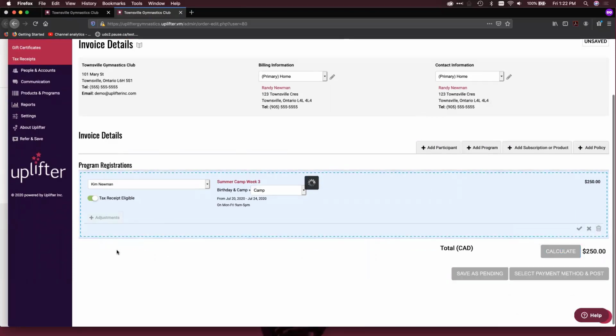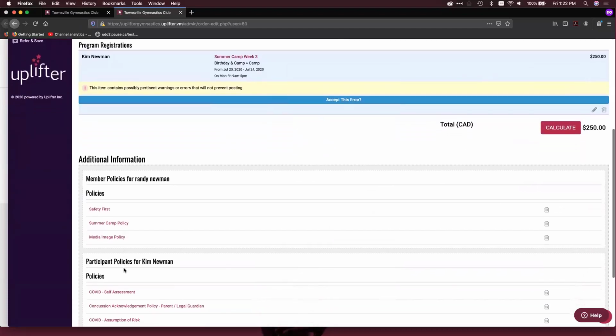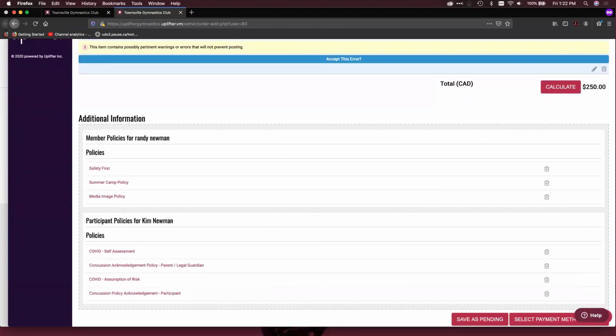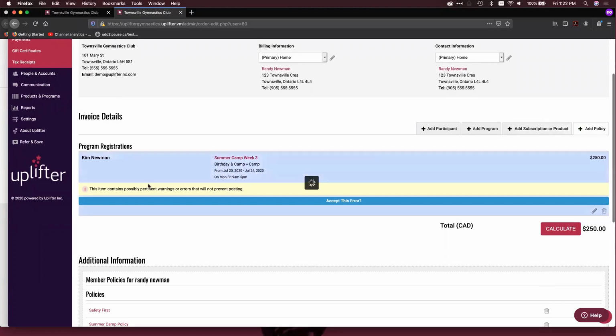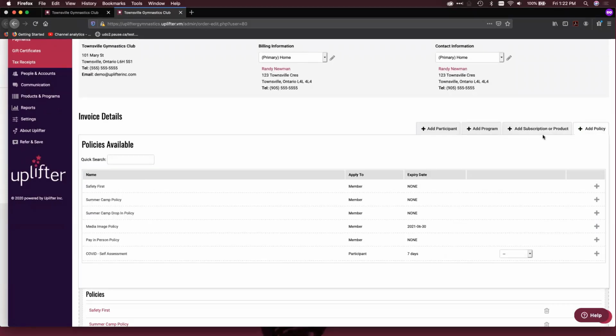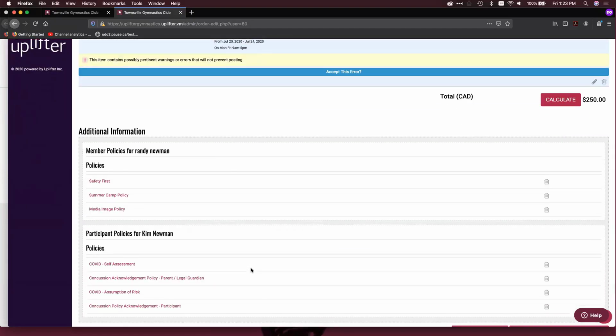When I click calculate, just like any of your subscriptions would automatically be added to the bottom of your invoice, any of the policies that apply to this invoice would also be added. You can manually remove them if you'd like, or you can manually add a policy if you need to on a specific basis. Once you've added these policies to the invoice, when the member logs in, they will be shunted over to their account policies page, which I will show you next, and they will be asked to accept those policies.